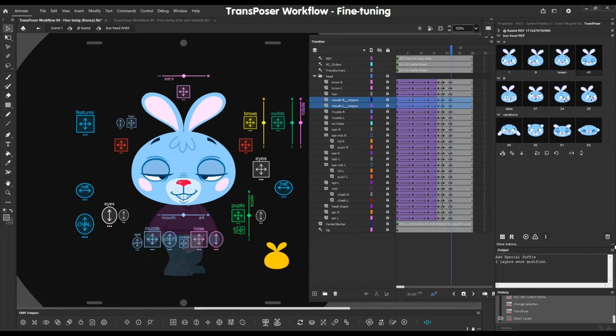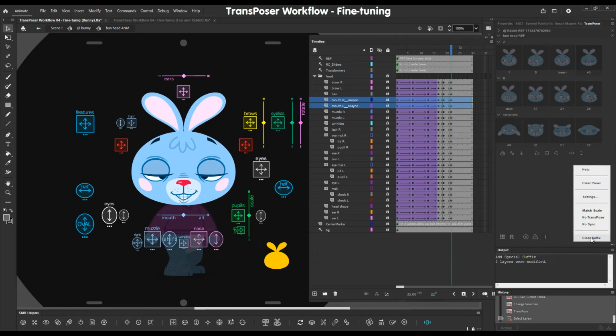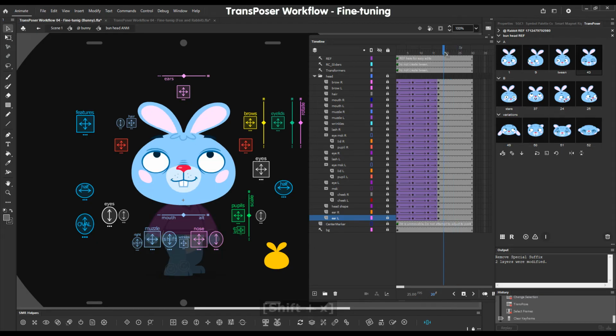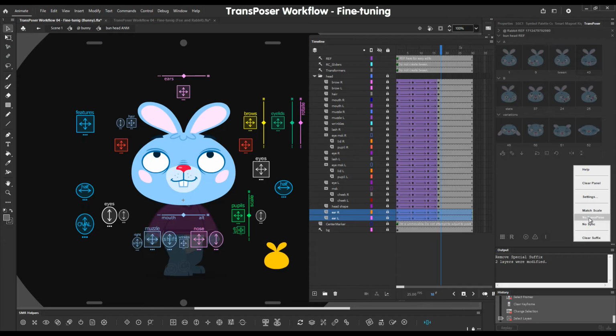To get rid of it, clear the suffix. This is all that you need to do. Clear the suffix, and now transposing will happen fully. The other option is the no transpose option. For example, as I did show you with the ears in the previous video, we'll do that for the ears again. No transpose,